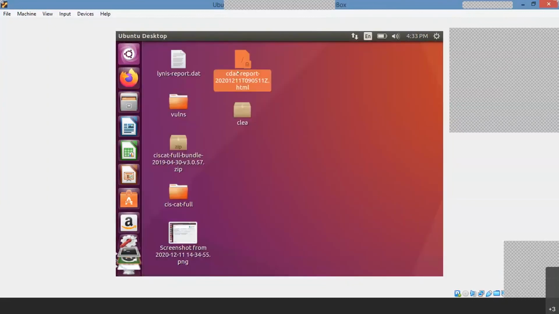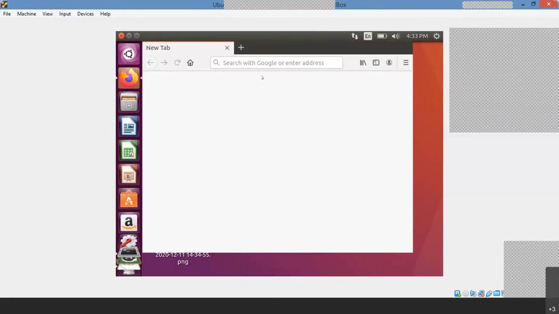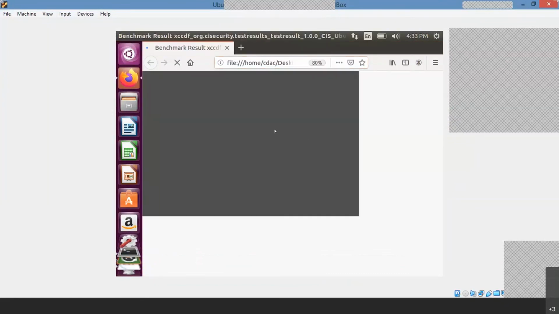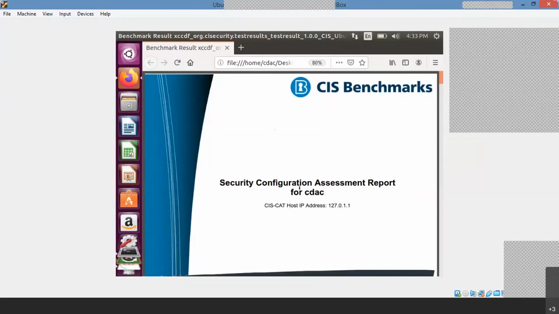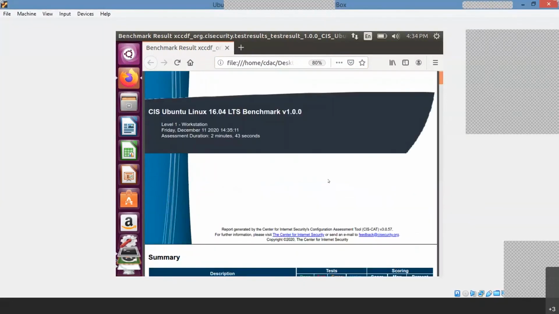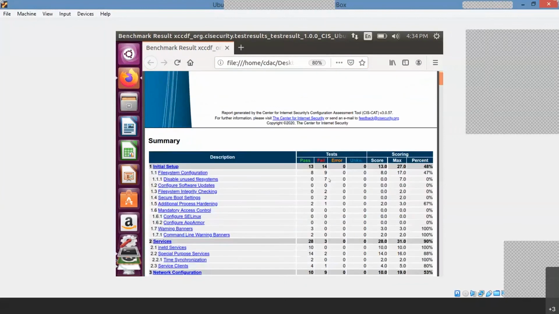So this is my HTML file. So this is my assessment report. I think you're able to see the report, right? Are you able to see my screen or not?